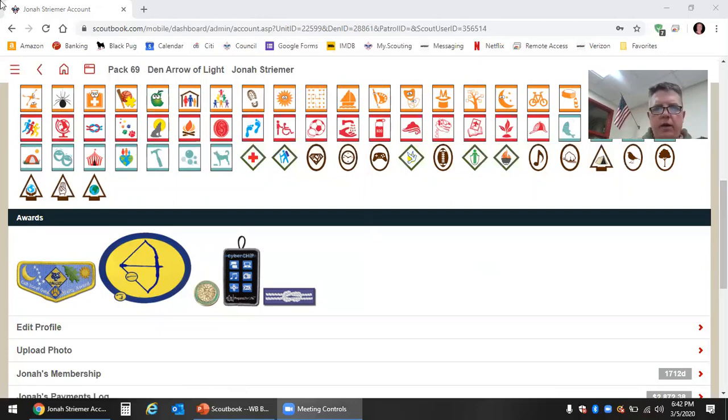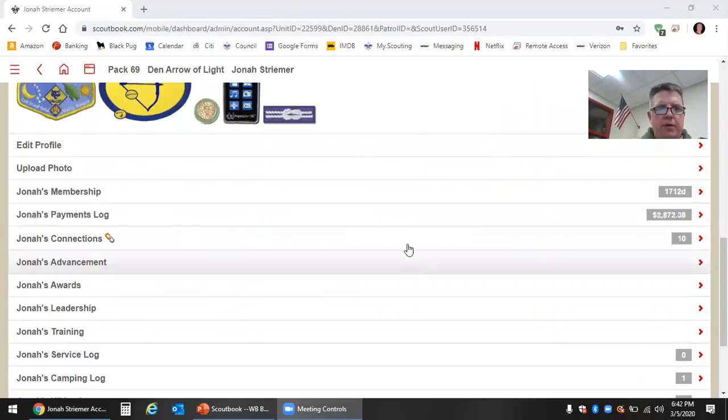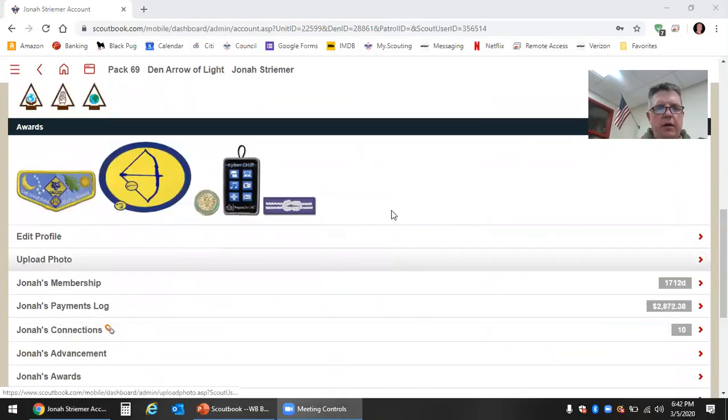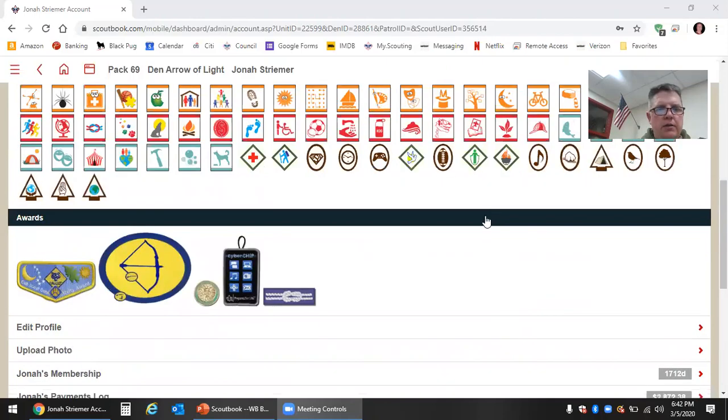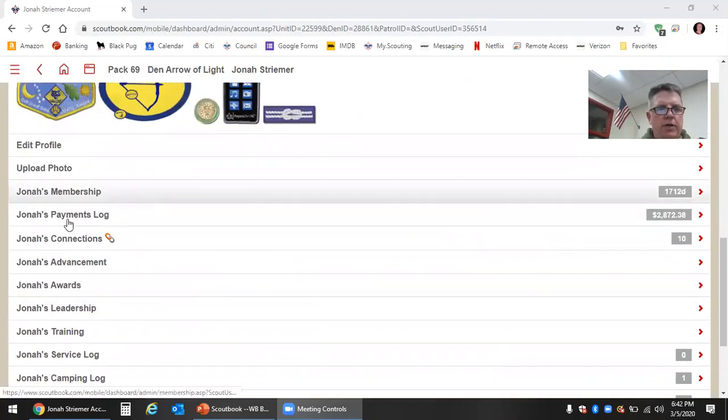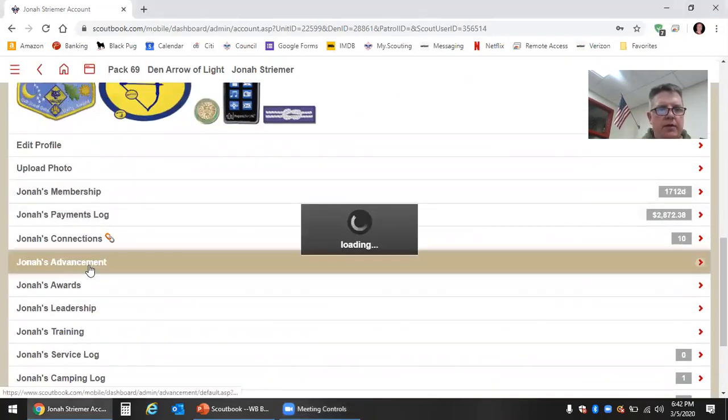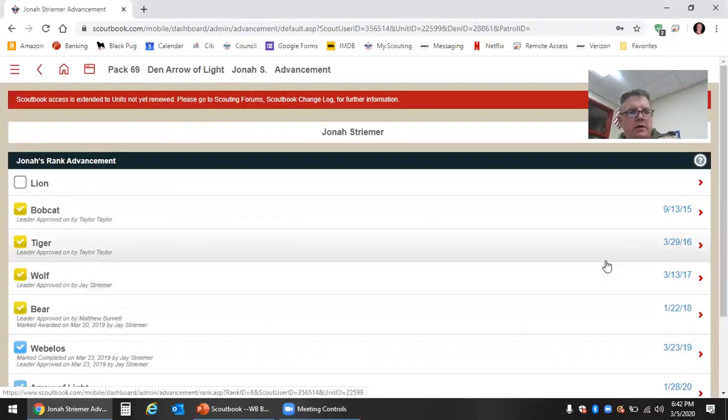But anyway, here are all the different belt loops and pins that he's earned through his Cub Scouting career. It'll also show up here the different ranks he's earned, his Webelos patch and his Arrow of Light patch. So if you come down to his advancement,